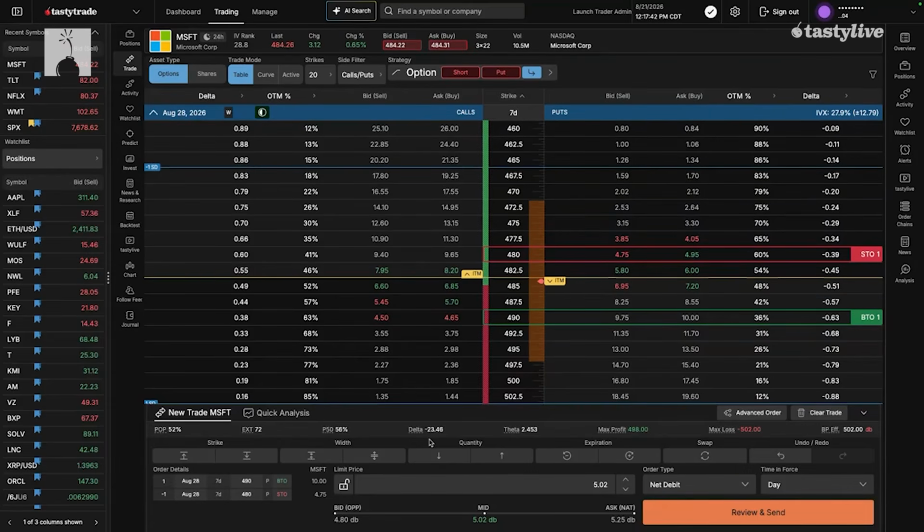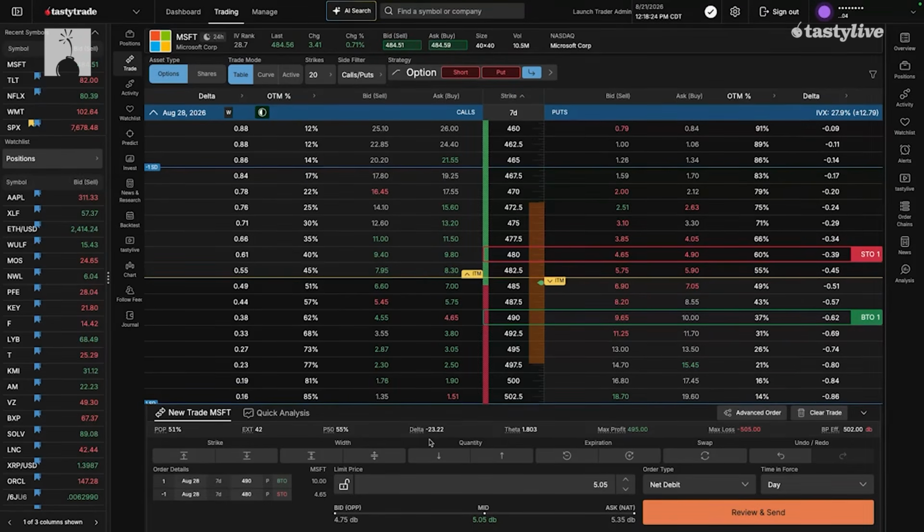The delta of that vertical is growing, meaning that put vertical, if the price of the stock does drop, the theoretical value of that vertical is going to respond more to that drop in the stock price when it has a higher delta than a lower delta, meaning that the 7-day vertical, same strike prices, 480, 490 with 7 days, is going to be more responsive to a drop in the stock price than the 42-day